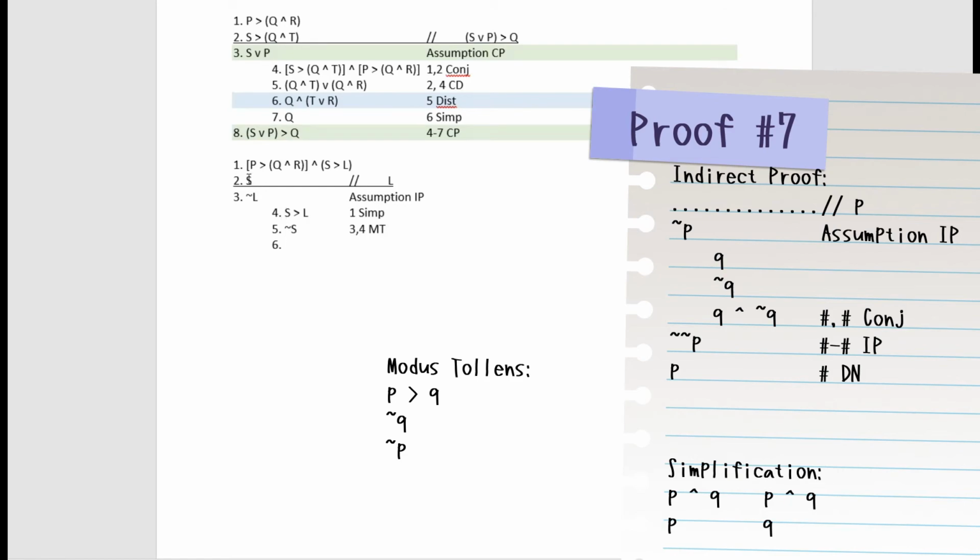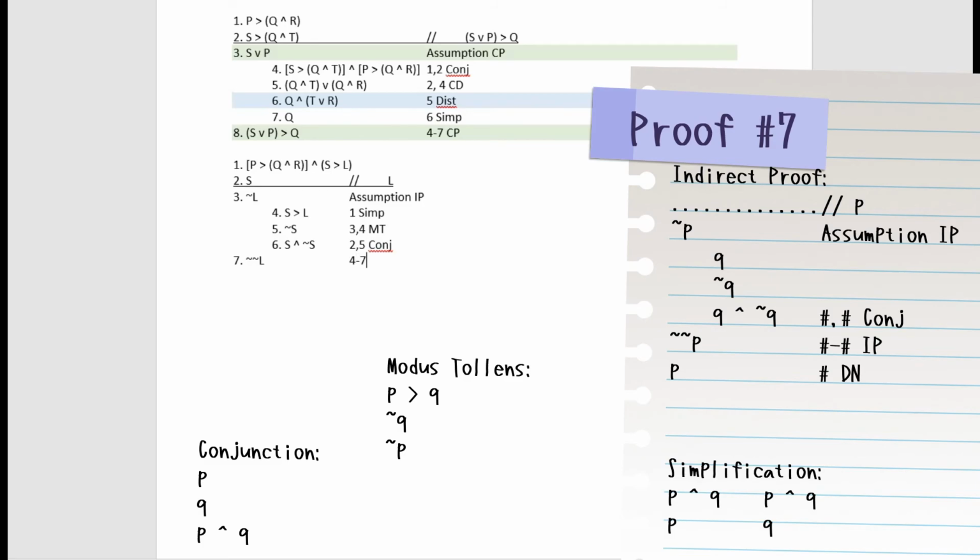With IP, you conjoin. It always ends in conjunction, the operator conjunction. So you get this, and we're going to conjoin them together. So S conjunction not S, 2 and 5 conjunction, and that closes the IP. And the way that you close it on the outside is that you take whatever this is and you just negate it. Just put another negation sign. Even if this already had negation signs, does not matter. You slap another negation sign right there. And that gives you